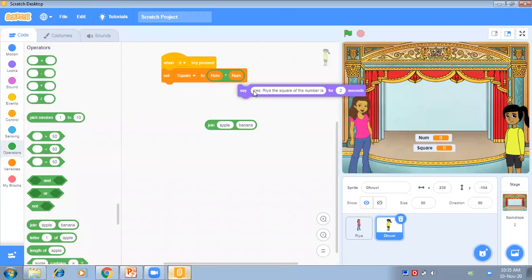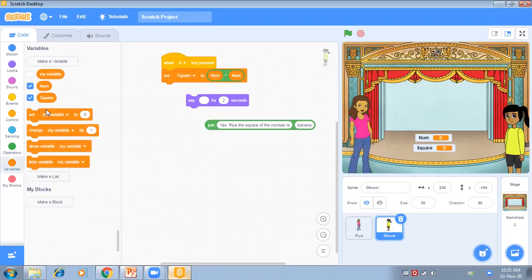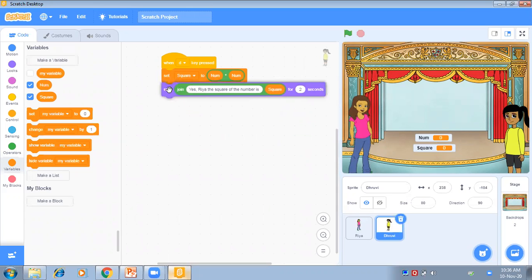So I will copy the message which I have written, and we will paste it here. And here we will drag the answer, variable square. Yes, Ria, the square of the number is, then the square will come. And we have to put it in this. Now keep it here and wait for 2 seconds. Okay, so